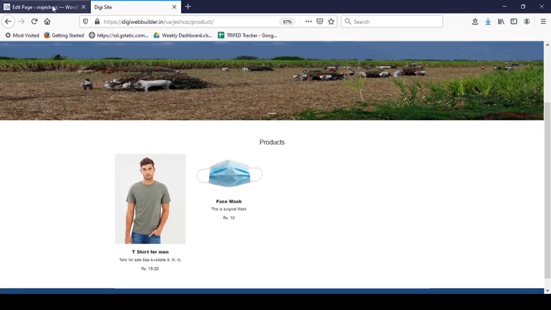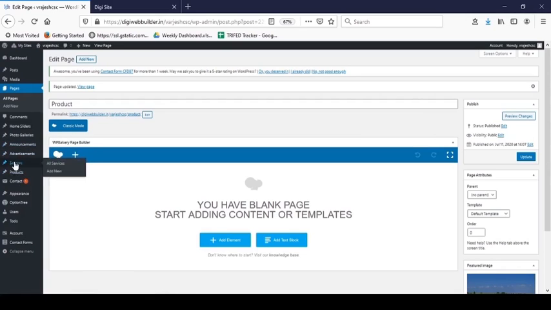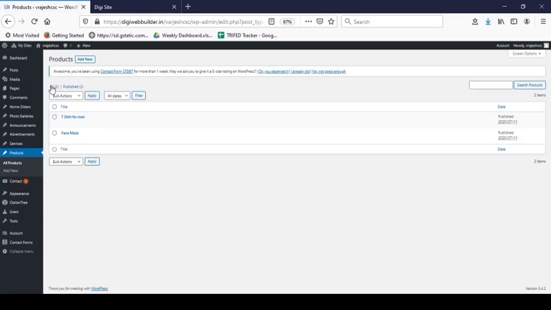For that, go to the Products tab. To add new product, click on Add New.